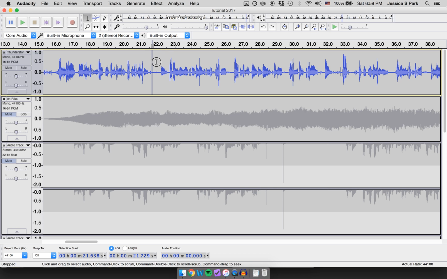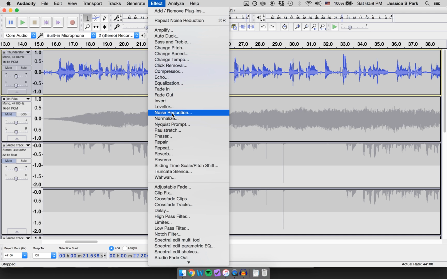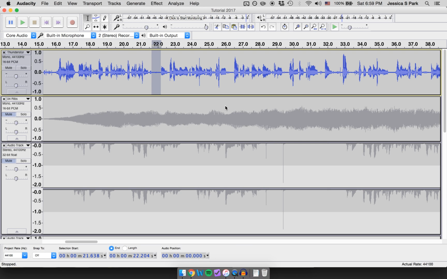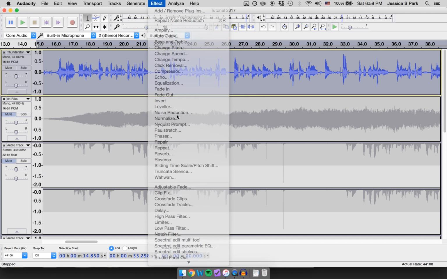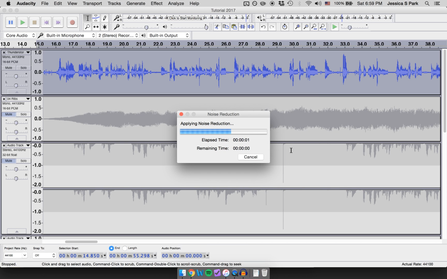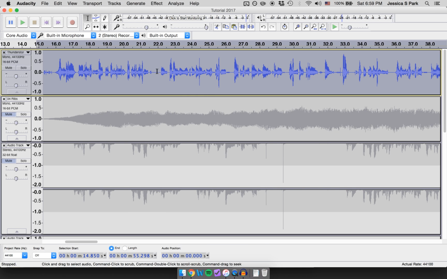I'm going to grab a little piece of what looks like to be that noise here. I'm going to go to Effect, go to Noise Reduction, and then hit Get Noise Profile. The next thing I'm going to do is double click on this whole track. I'm going to go back to Effect, back to Noise Reduction, and then hit OK, and it'll tell me that it's applying the noise reduction, and you can see that